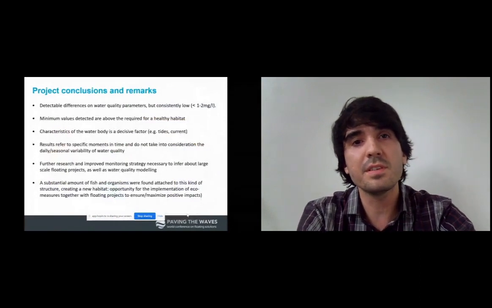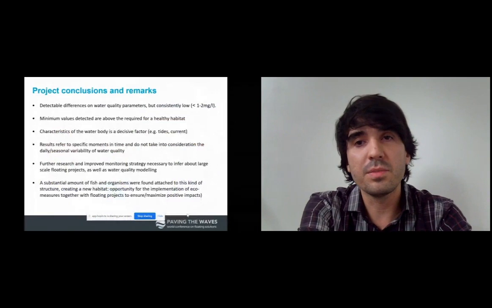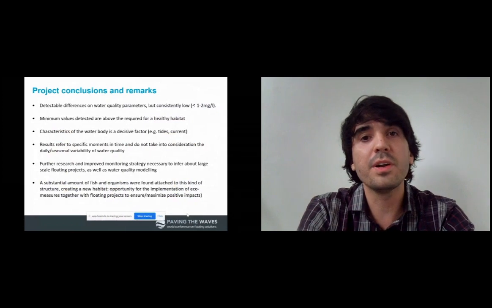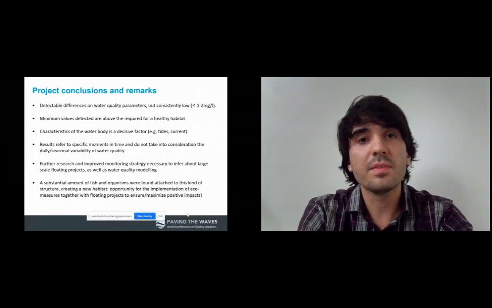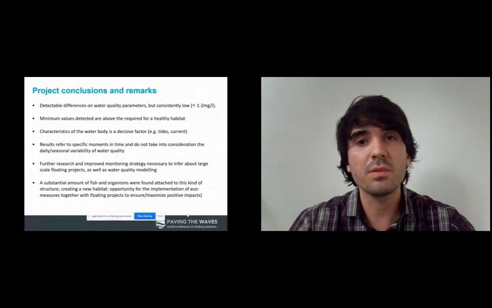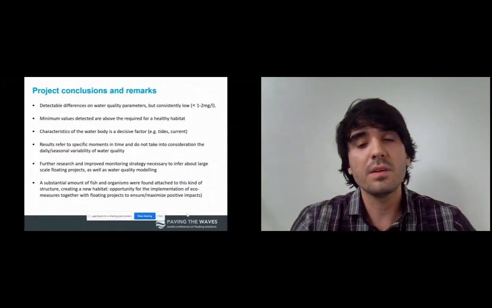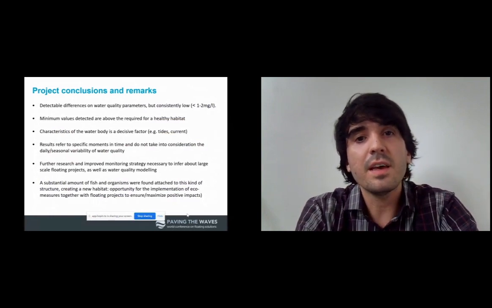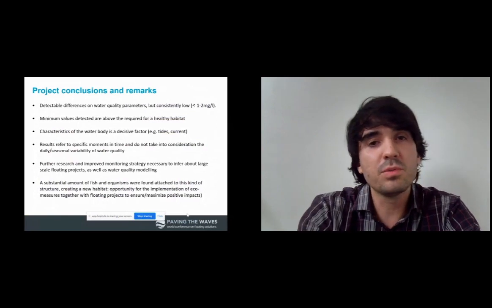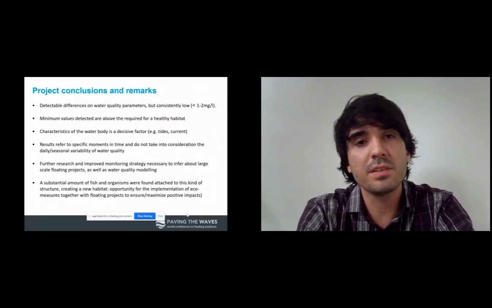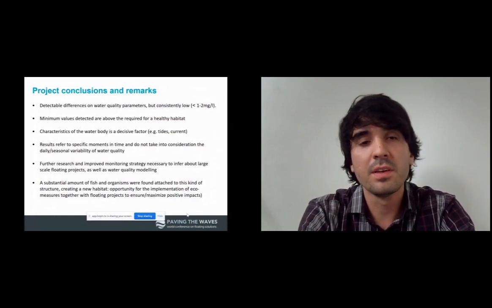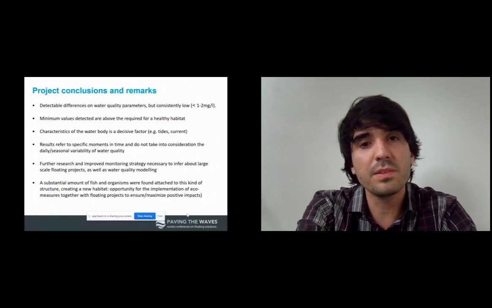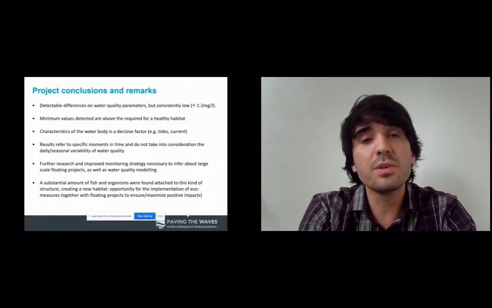There were some differences, but they are small, at least from the values that we detected in these different water bodies and structures. The minimum values that we recorded are in general quite reasonable. The water body itself and its characteristics seem to be quite a decisive factor. And of course, we only measured at one moment in time, so we do not take into consideration the seasonal variability. As future research, I would recommend we need more data for longer periods,